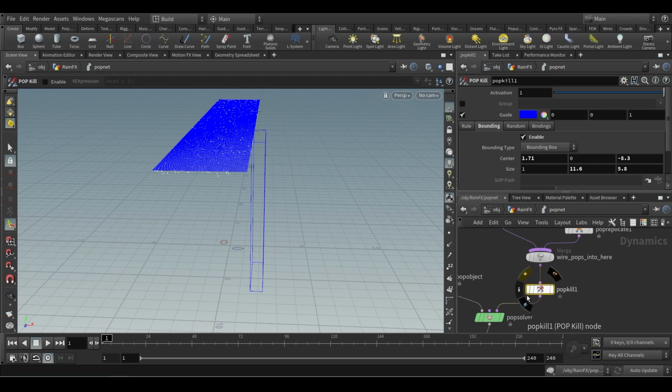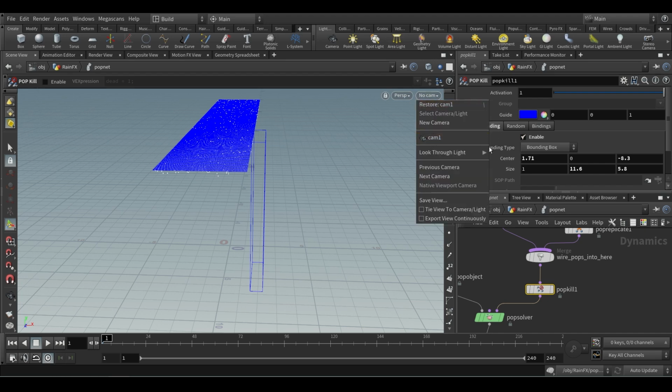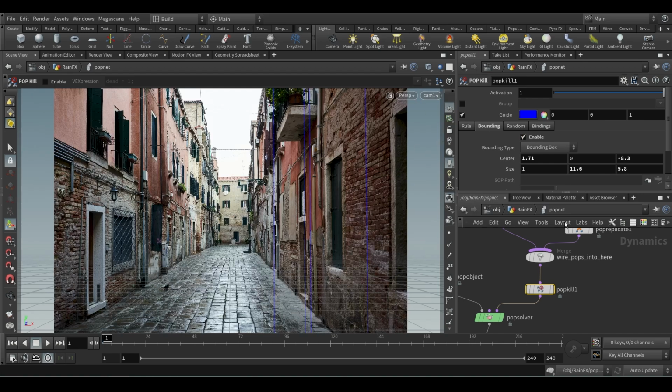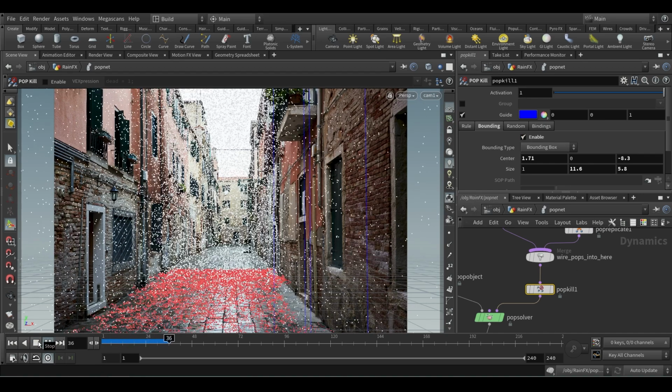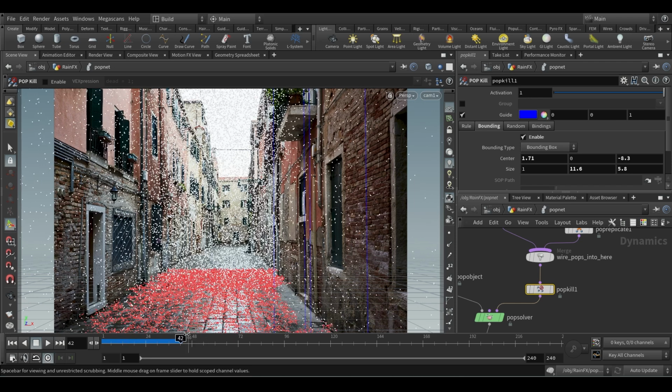And the other thing I've changed is, you can see a big pillar in the middle, so that is nothing but pop kill. And I did not do enable here, I enabled the bounding box manually. So everything, this value is manual. I went to the camera and I played it, and then I paused somewhere where rain falls, and then I went to pop kill.